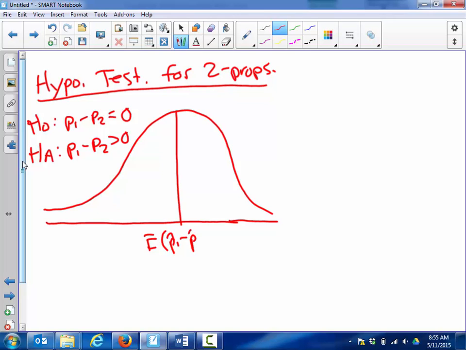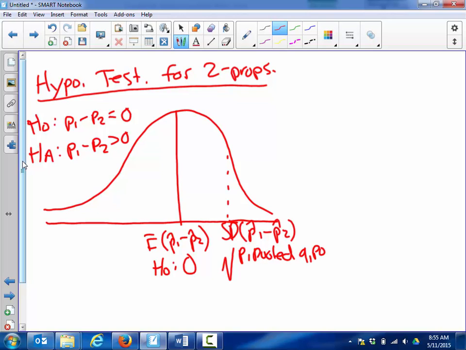So the expected value of a sample proportion from the first minus a sample proportion from the second should just be, from your null hypothesis, 0. And the standard deviation of a sample proportion from the first minus a sample proportion from the second group is the square root of